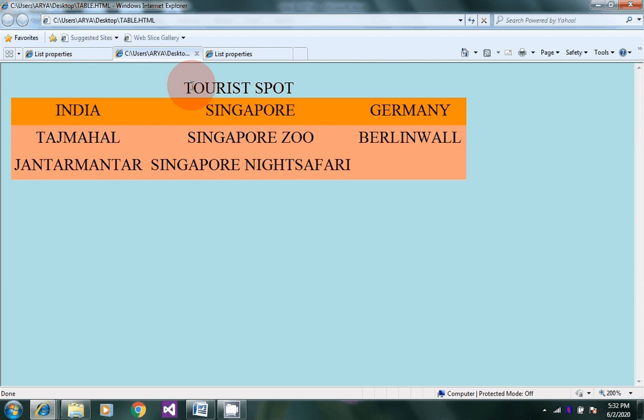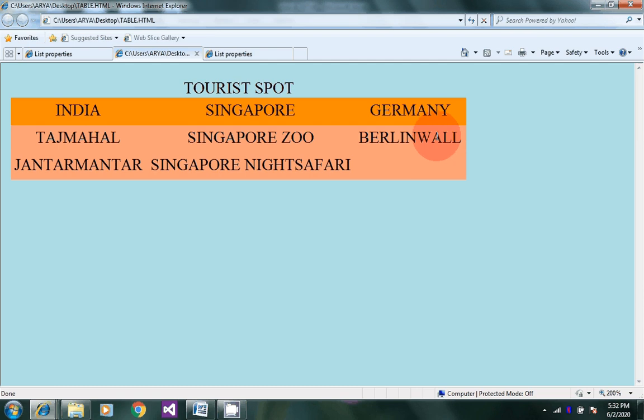Here is a heading, tourist spot. There are 3 countries, India, Singapore and Germany. In India, the tourist spots are the Taj Mahal, Jantar Mantar. Singapore Zoo, Singapore Night Safari. And in Germany, there is only the Berlin Wall.